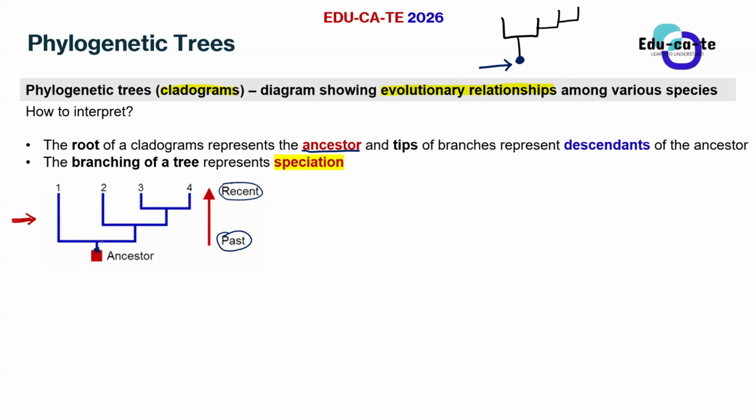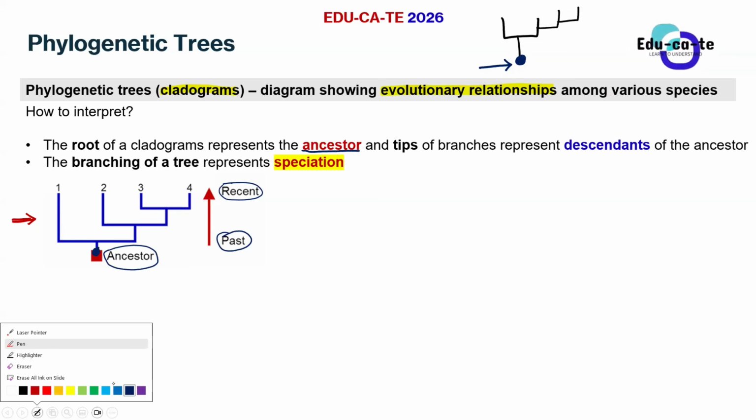Okay? So whenever we are at the bottom part of the phylogenetic tree, or at the root, where the tree begins, that is telling us about the past species, okay? The ancestors, the species of the olden times. So the roots, or the beginning here at the bottom of this phylogenetic tree, represent the ancestor, all right? Now the ancestor, what happens?